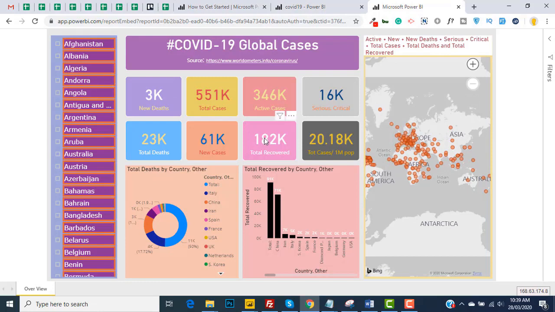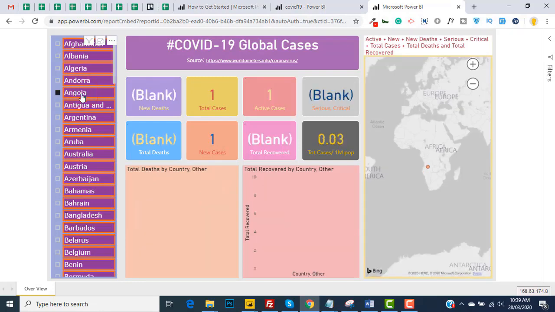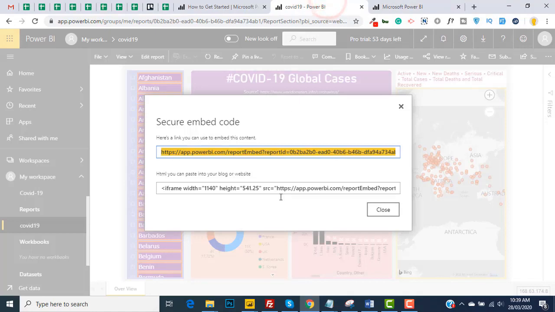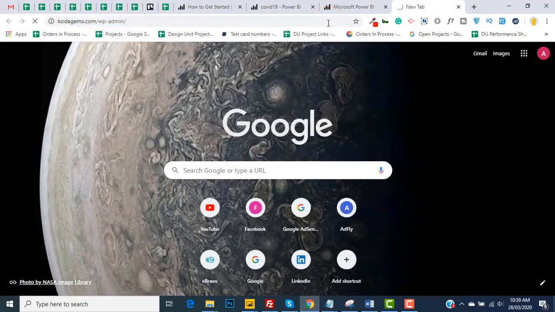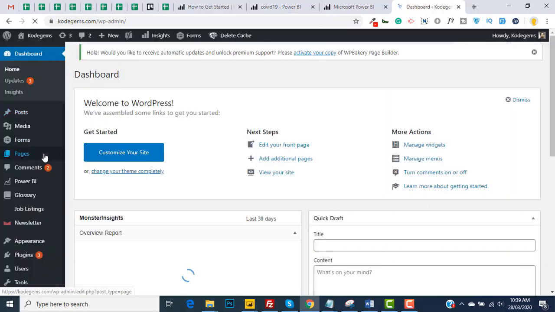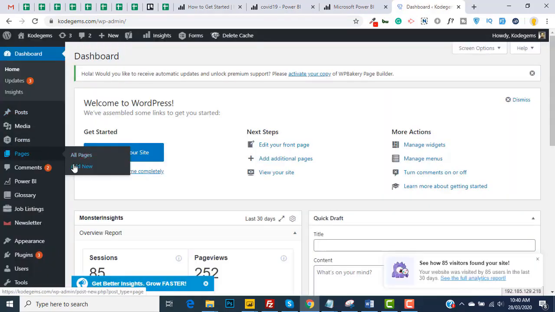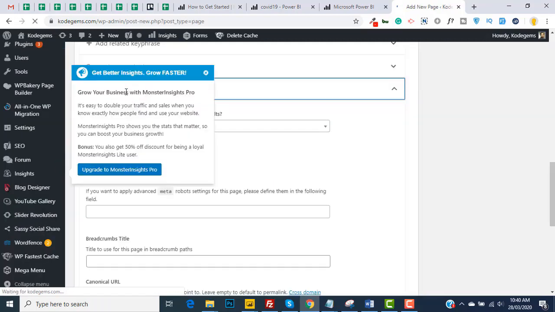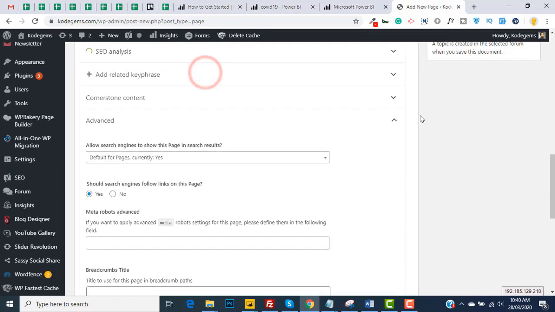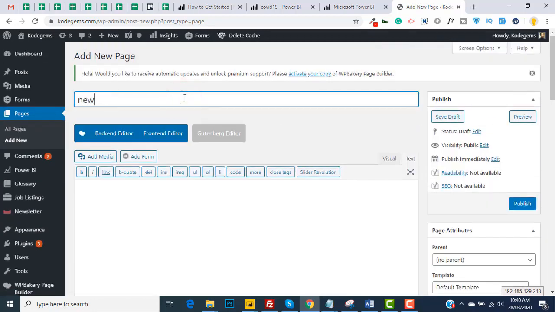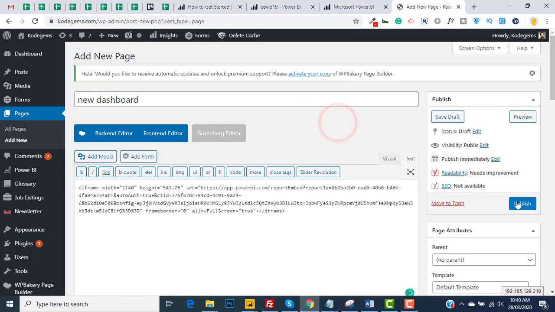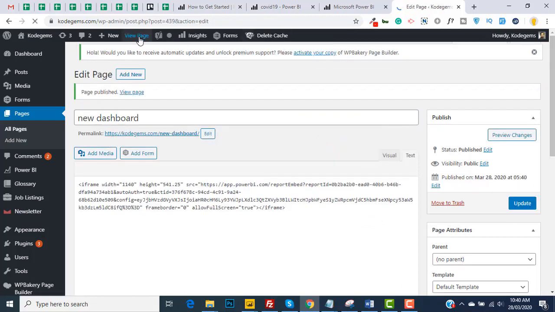So here you go, you have that dashboard view like you have the browser view over here, and this one is the iframe that we'll copy over here and go to your WordPress website, go to pages, add new, give the name of the page, new dashboard, and paste the embed code, publish it, view the page,